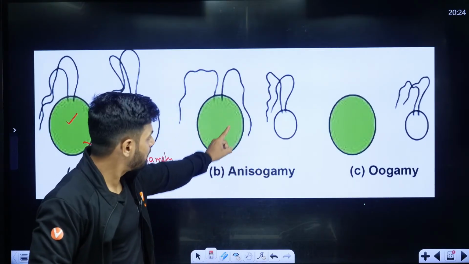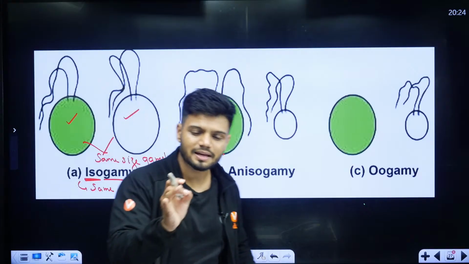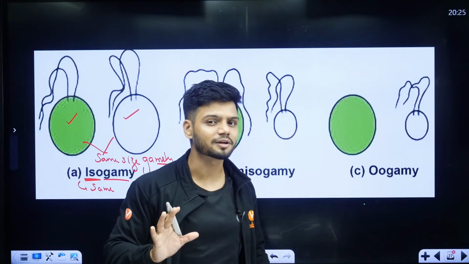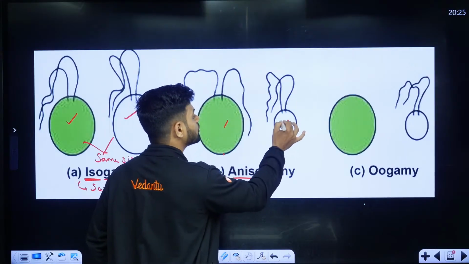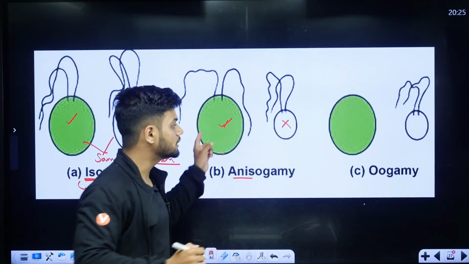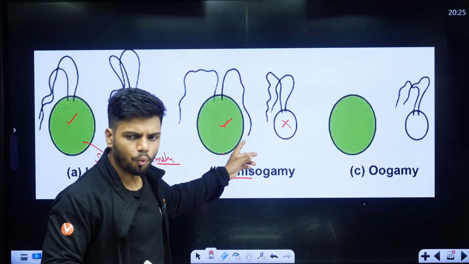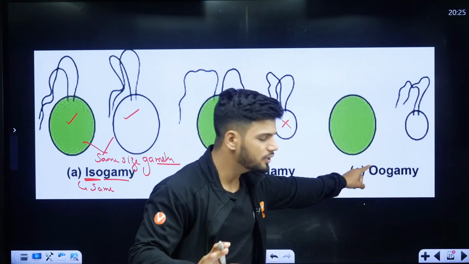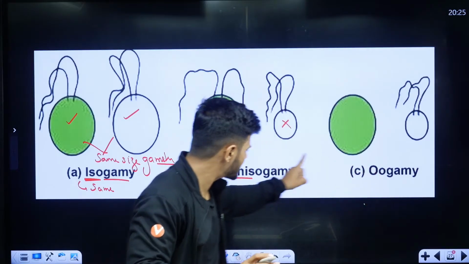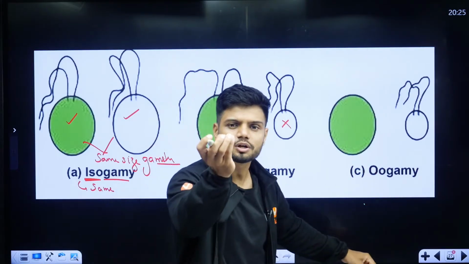Now, students, what about the meaning of anisogamy? Students, यहाँ पर दोनों gamete, are they same? They're not same here. So in the case of anisogamy, both the gametes look different from each other. Now, what is oogamy? Students, all of you understand. Oogamy hai na? Oogamy is like aniso, but with a small twist.